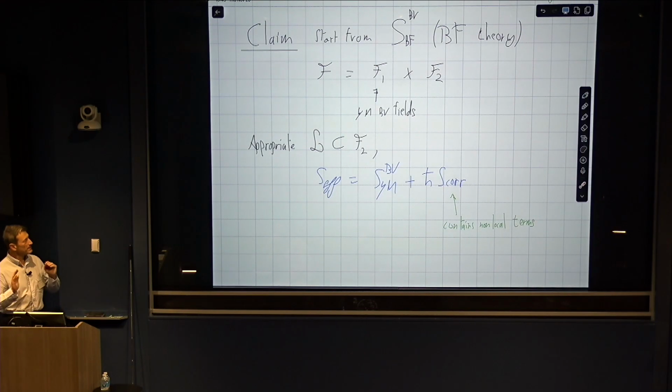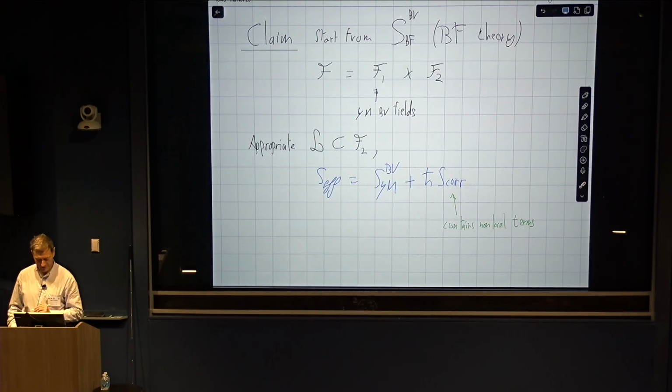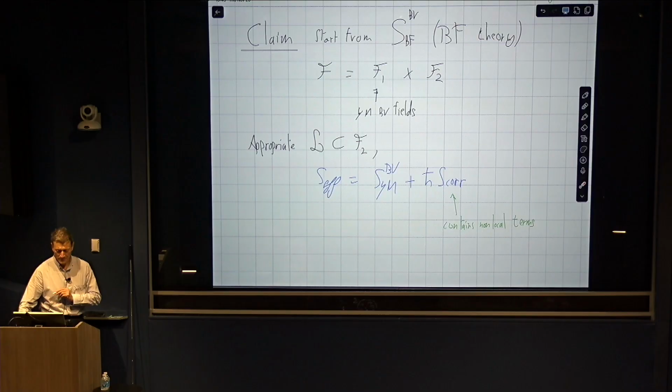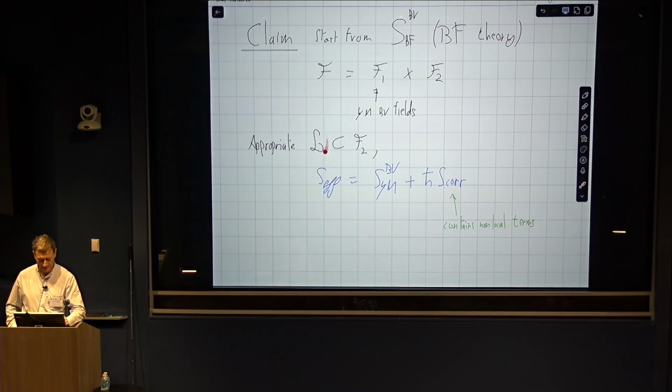Okay, so now the main statement I want to make is the following claim. Start from the BV theory for BF theory with a cosmological term in 4 dimensions. Split the space of fields into this product, where F1 are the BV fields for Yang-Mills theory, and F2 is the rest. Notice that in this case, F is an affine space, so we can actually choose this complement F2. And then, upon choosing an appropriate Lagrangian submanifold of F2, you can compute the effective action and show that